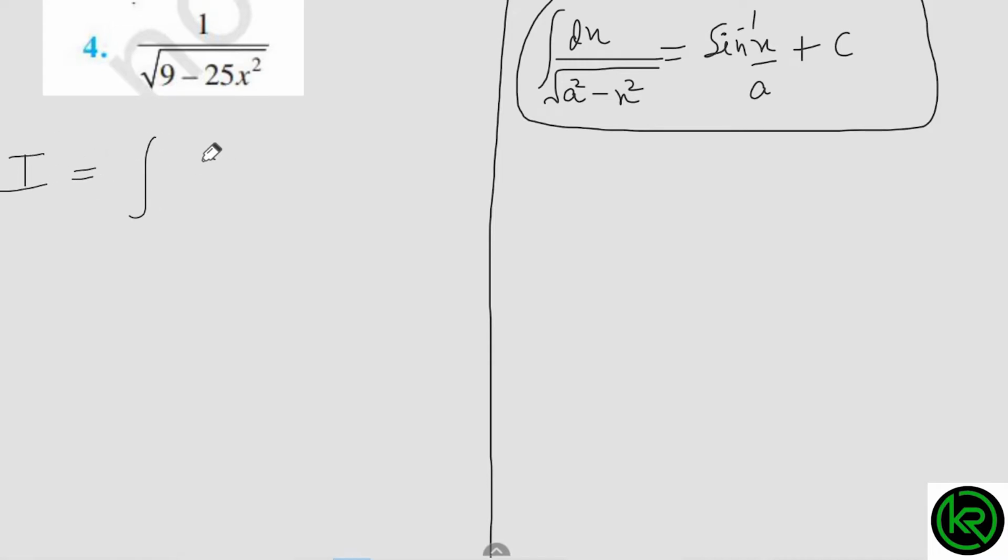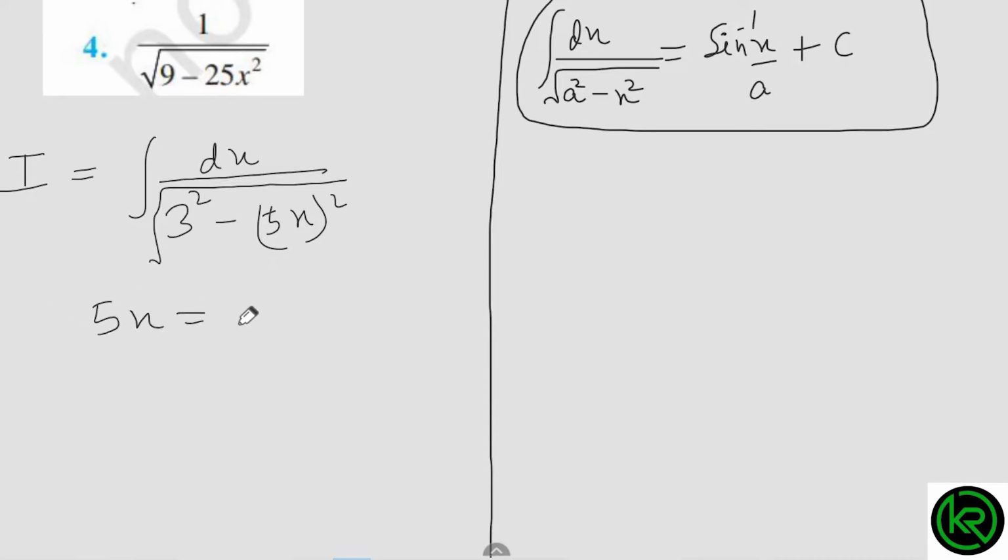In the next question we will convert 9 into 3 square. Okay, 9 we can write as 3 square, and 5 we can write as 5 square. So 5x whole square, and under root also there. So we will use a new formula here: integration of 1 upon under root a square minus x square is sin inverse x upon a. Very easy, students. So first we will convert 5x equal to t and differentiate both sides with respect to